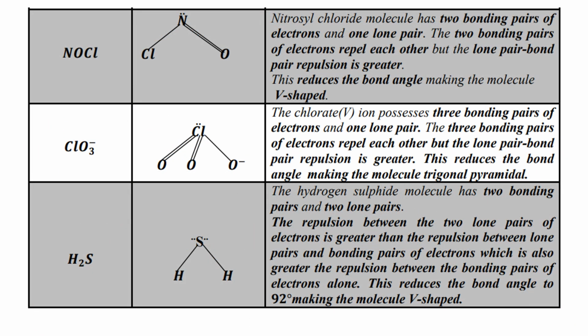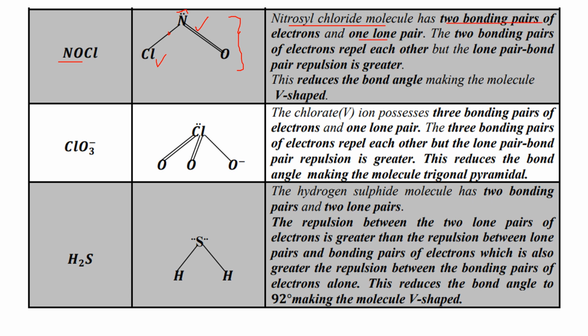Now drawing the structure for nitrile chloride, it's going to be in this format. First we draw the one for chlorine and then we draw the one for oxygen. You realize that nitrogen has five electron pairs and we only use 3, so we put 2 of them above. Under the nitrile chloride molecule, we have 2 bonding pairs of electrons and 1